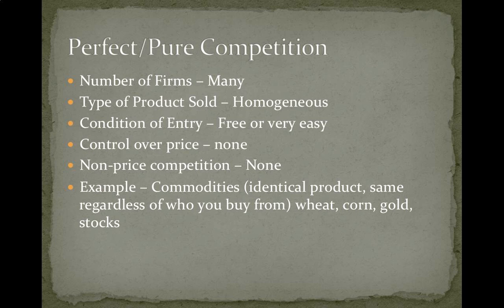Perfect competition, sometimes called pure competition, has many firms in this particular industry, and when I say many, I mean sometimes thousands. If you look at the agricultural industry and the number of farmers throughout the United States, there are thousands of farmers out there. And the type of product that they sell is a homogeneous product. If we look at that hill of corn at the elevator, once everybody puts their corn on that pile, no farmer is going to be able to go out there and individually pick their own corn out, because it is homogeneous. It's identical.